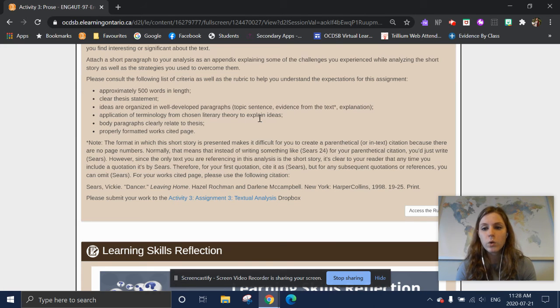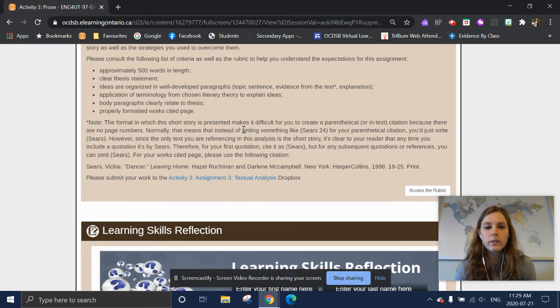So make sure that in your introductory and concluding sentences you're drawing a connection between the evidence that you're providing and the thesis statement that you establish at the beginning in your introduction. Okay, you should have a properly formatted works cited page at the end, which is provided to you here. This is exactly what you need to copy, but make sure you don't forget that step. And your in-text citations can be formatted a little bit differently. So for your first in-text citation,